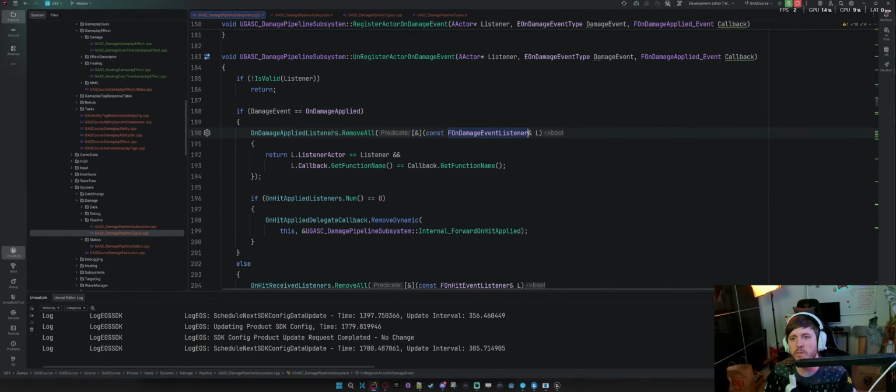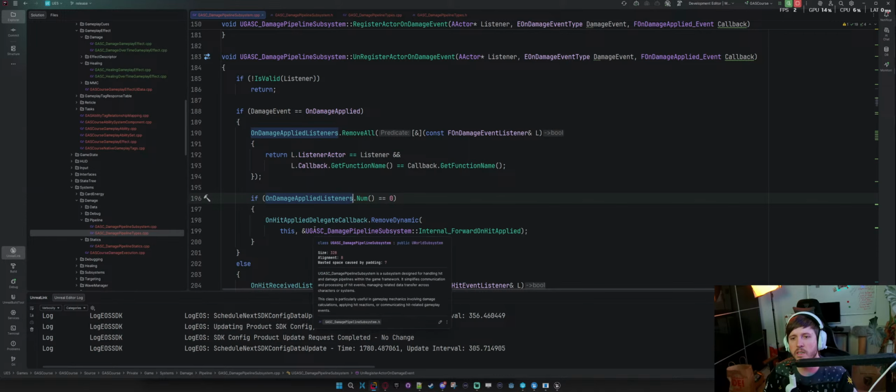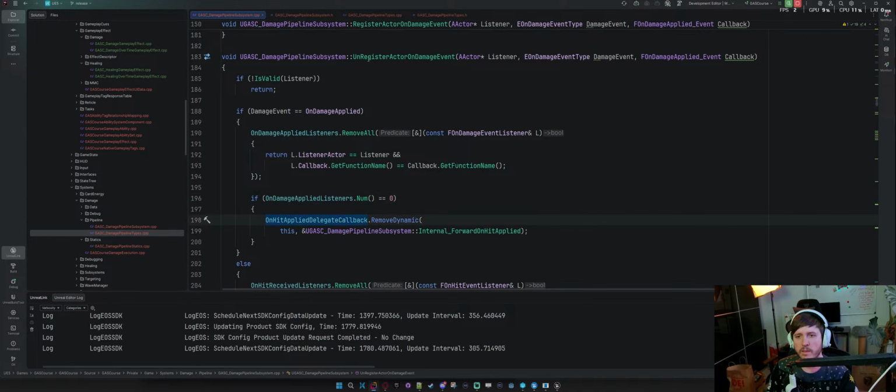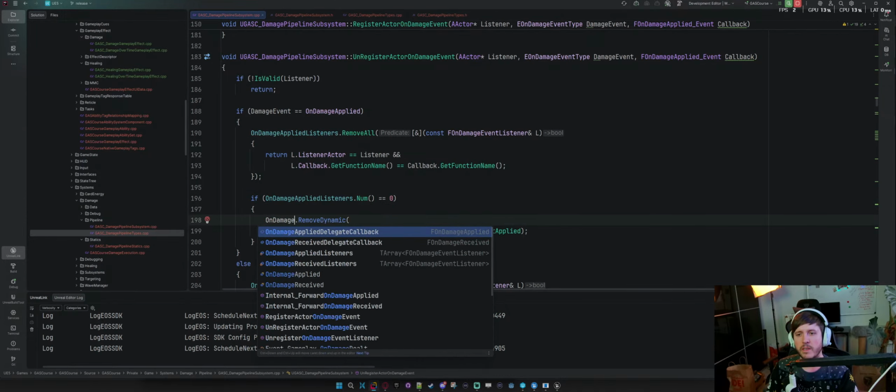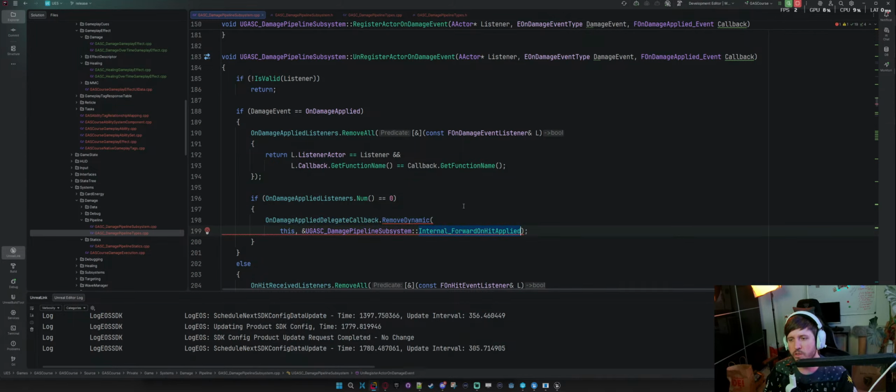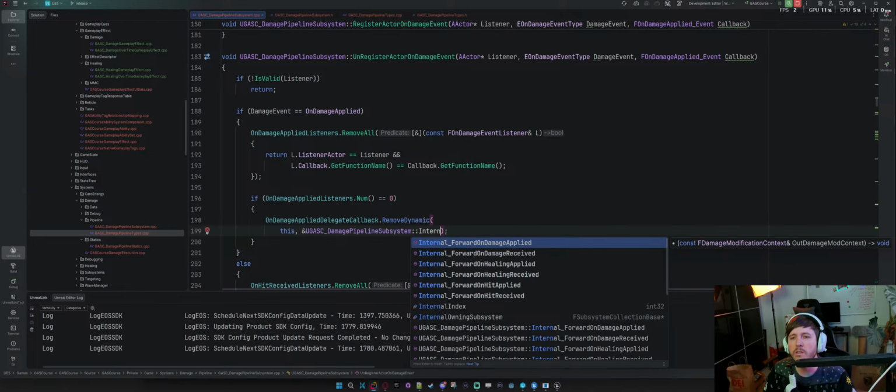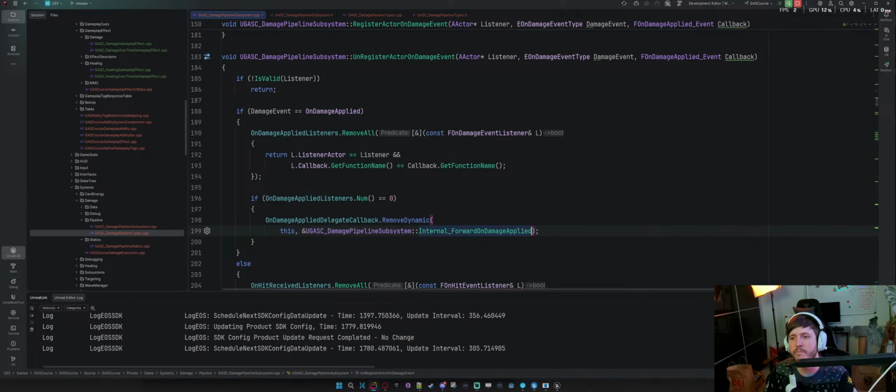Okay, unbinding. Great. Now we got to do it again. Remove dynamic and then on damage applied delegate callback to remove dynamic, and we're just going to return internal forward on damage applied.